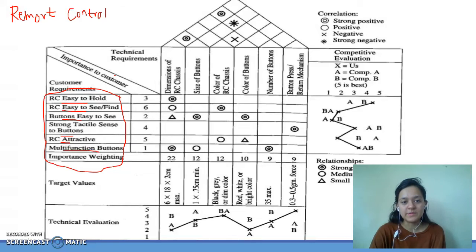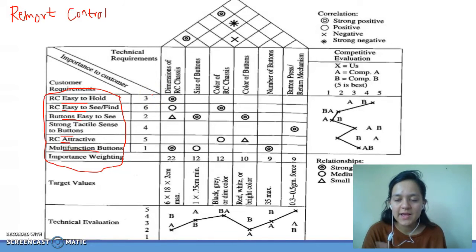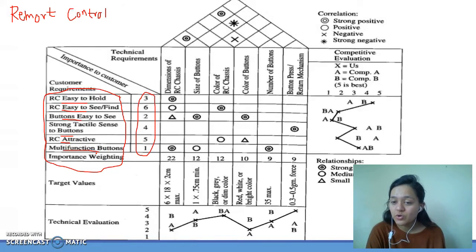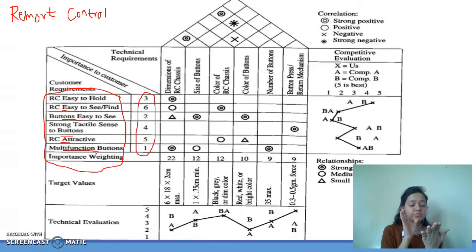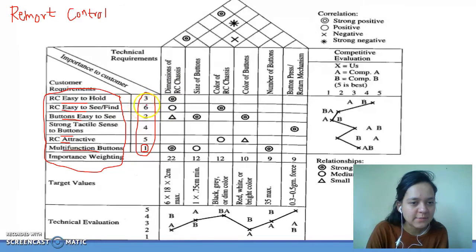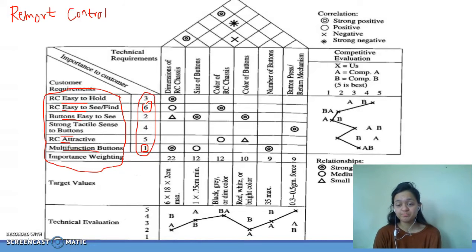Now customers were asked to rate the importance of these requirements, and they were given a scale of 1 to 6. They had to give 1 being the highest in priority and 6 being the lowest. These are the ratings right here. They gave the most importance to multifunction buttons. They said in a remote controller there need to be buttons that are there for different purposes. Multifunction buttons are actually very important, to be honest, and this is why they were rated as the highest priority in purchasing a remote controller by a customer. And as you can see, remote controller easy to find, this requirement was not that highly